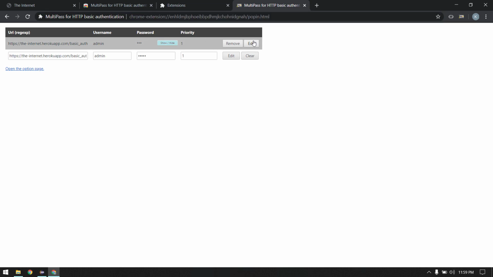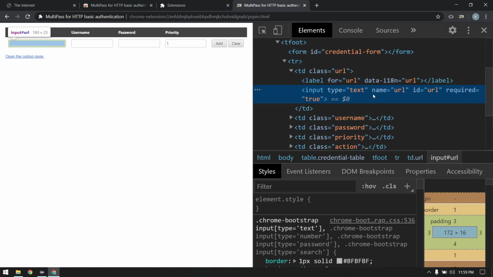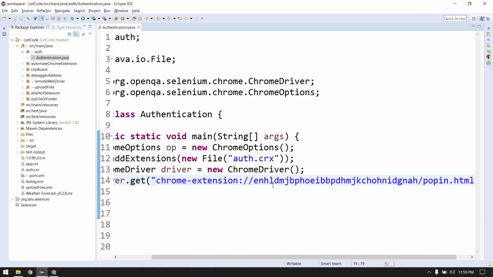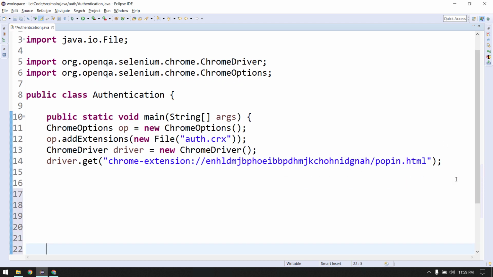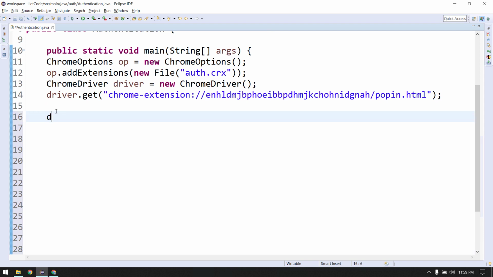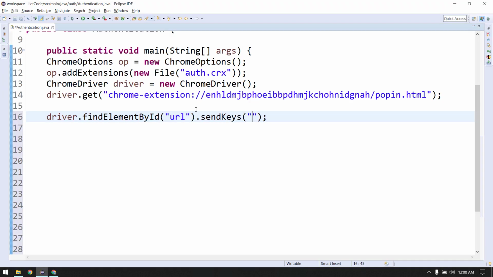Now of course we have to enter these values here, right? So here we have to identify this one. So let me just clear it up and inspect. So here we can see it has ID of URL. So let me copy this, and let me maximize this one. And here I have to find the element. So driver.find element by ID, and here we have to pass the value, then followed by dot send keys, and here we have to pass the URL, right? So this is the URL. So I'm just going to copy this and paste over here,